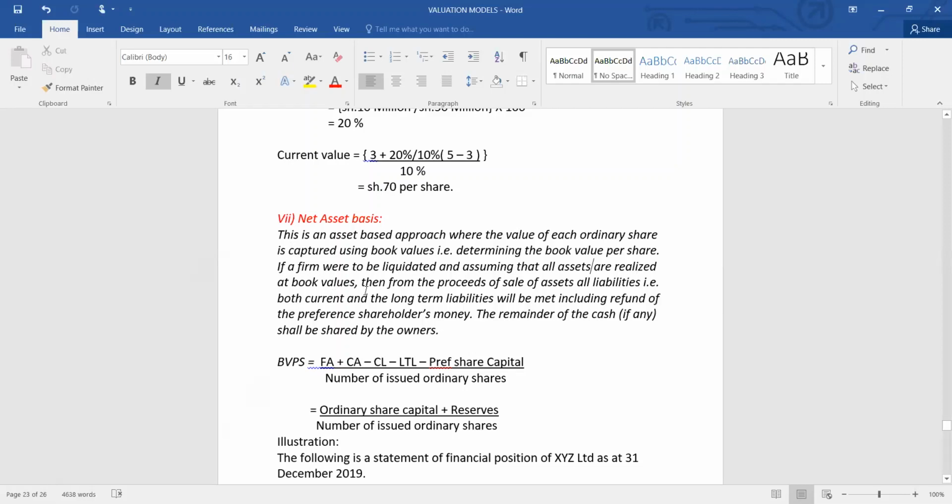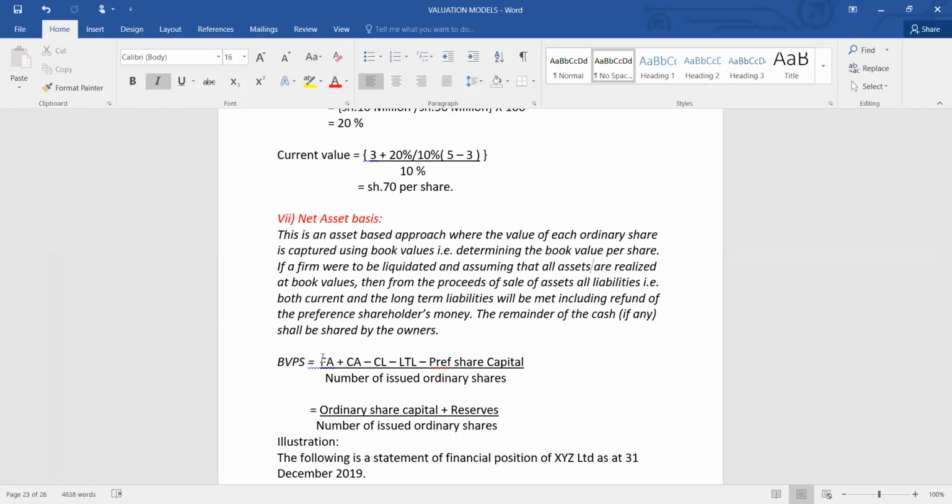If a firm were to be... those are stories now, of course, but let's not go into those stories, this is on the summer. So book value per share: non-current assets plus current assets, less current liabilities. FA represents fixed assets or the non-current assets, but of course at their net book value, because those assets depreciate. So when you go to your statement of financial position, pick the value of non-current assets at their net book value, plus current assets, deduct current liabilities, deduct long-term liabilities, deduct preference share capital, divided by the number of issued